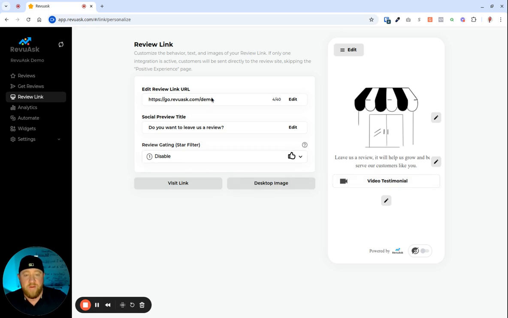So when they go to this link, if it's disabled, it's going to come here. They can leave you a public review, video testimonial, and whatever review accounts you have linked will be listed here that you want shown. We're going to edit those in a minute. I'll show you how to do that, but just know if they go here, if it's disabled, it's going to come directly to this page and they'll be able to leave you a review publicly,